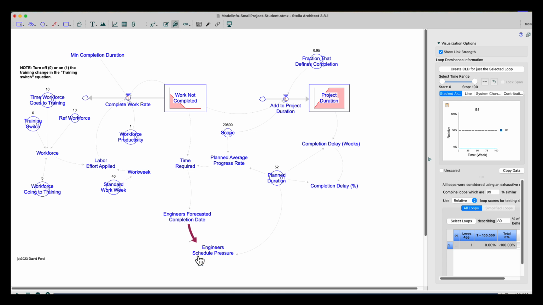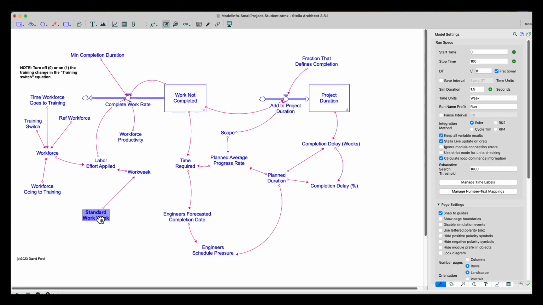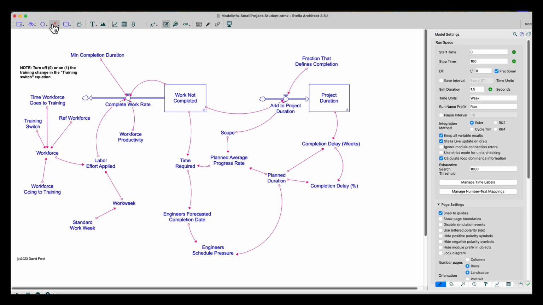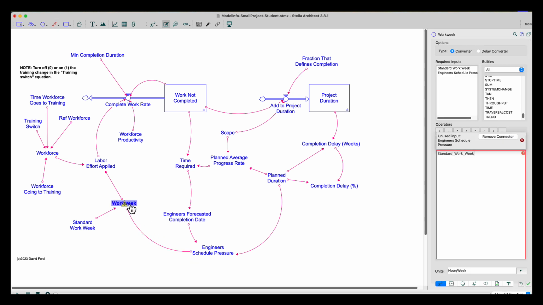And we could just take this, it's a ratio already, it's dimensionless. If this is greater than 1, the way this is formulated, then that would be the pressure to increase my schedule. And I'm just going to rearrange things here a little bit. And all I'm going to do is click on this, and my engineer schedule pressure is going to go to my work week. And if I double click on this, it's going to be my standard work week, which is 40 hours per week, at least in the States, times